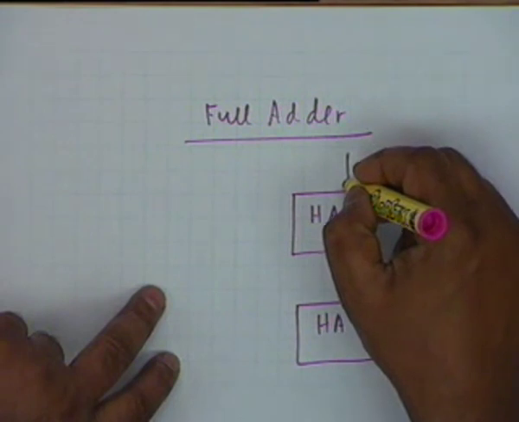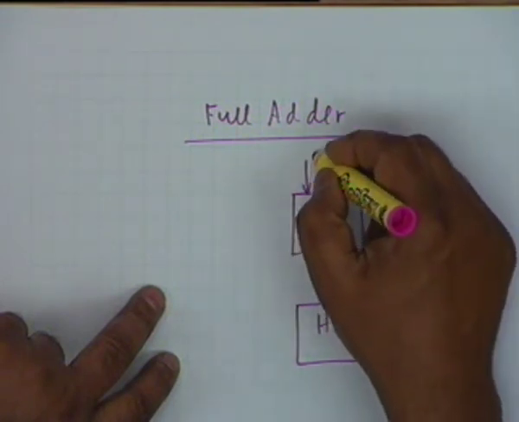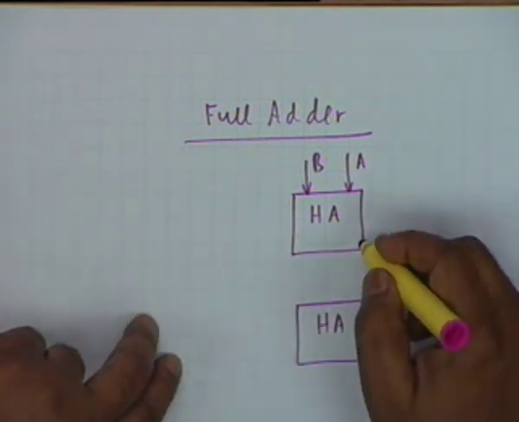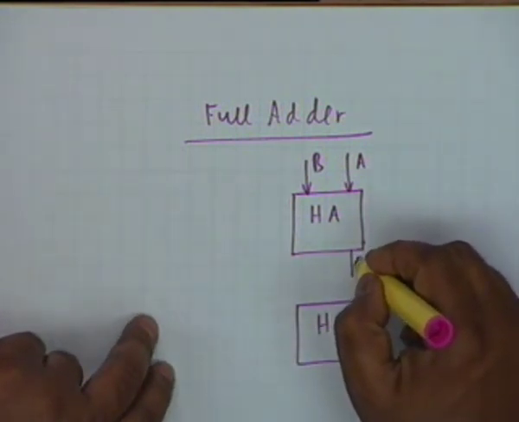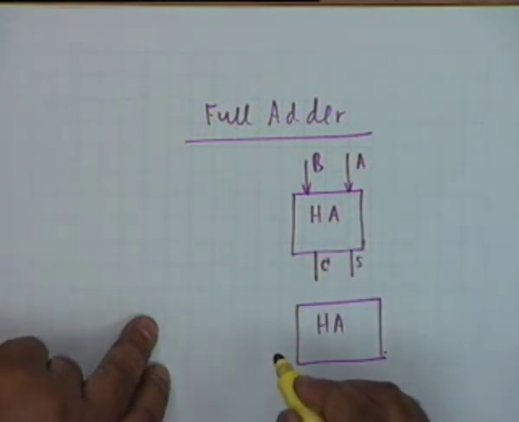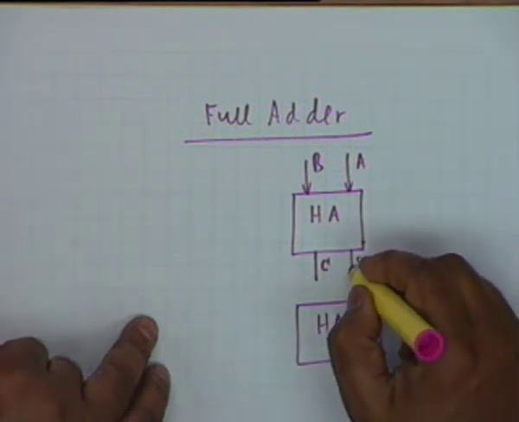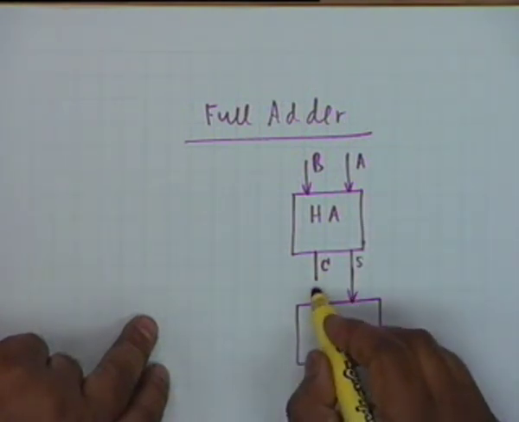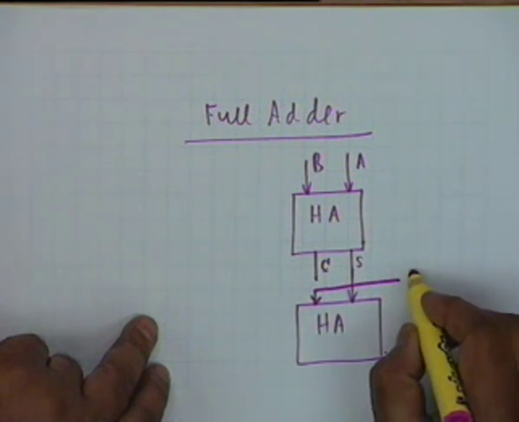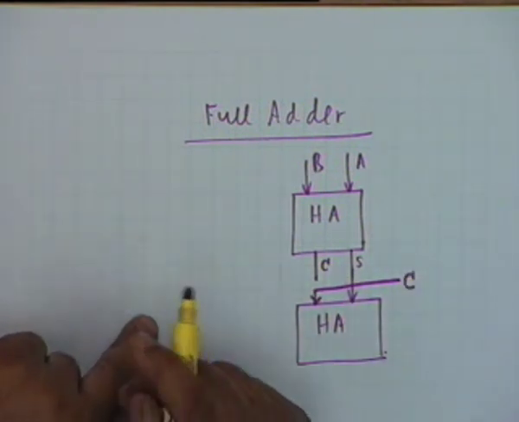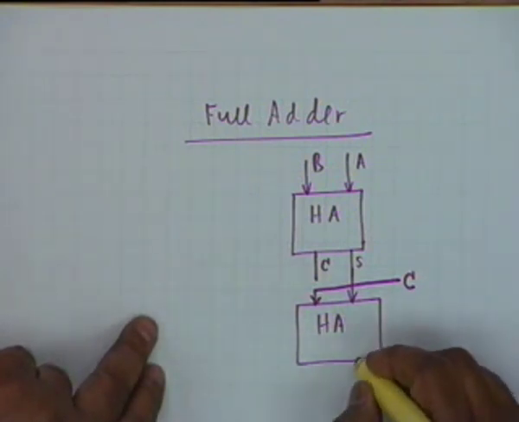Suppose I want to add two bits, A and B. The result would be sum and carry. This is a half adder. Now the sum goes to the next half adder and adds to the carry of the previous addition. The result would be...